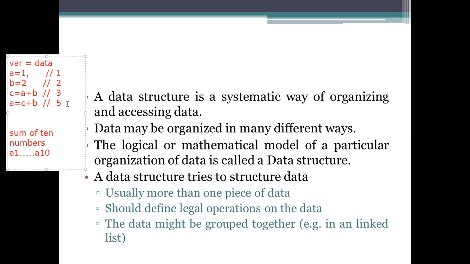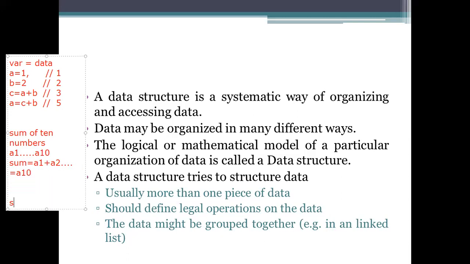And the value we are accessing will be A1 plus A2 and so on, plus A10. So if you are calculating for 10 numbers, then it will be easy to store them,